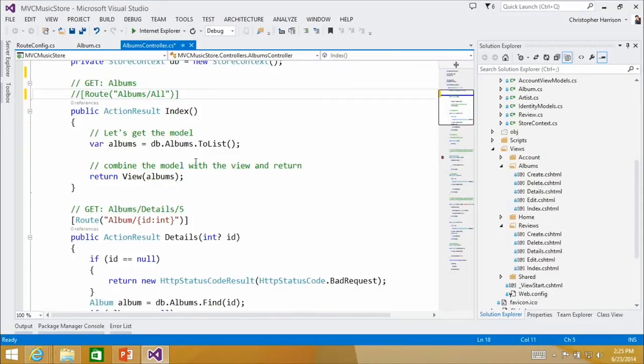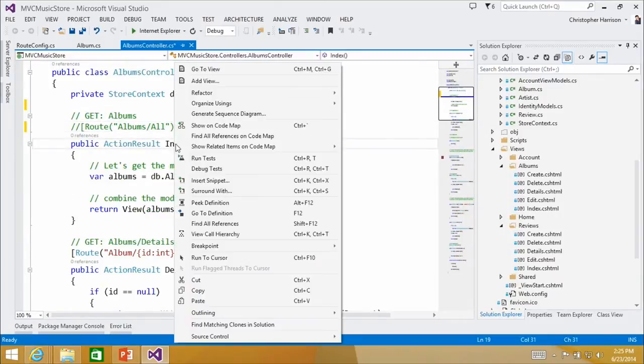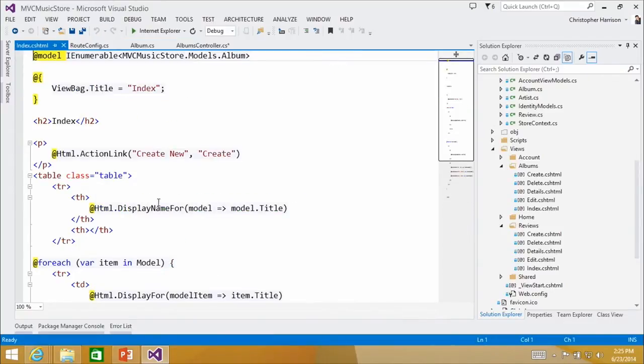Exactly. Okay. So here's what I'm going to do. I just commented out our route from before, but I'm going to right-click on the index here, and I'm going to say Go To View. You'll notice Control-M, Control-G for Go To View, one of my favorite little shortcuts. And there is the little view here. John had highlighted this earlier, but here's what I want you to notice: anytime that we've got an @ sign, and I want to stress this part,